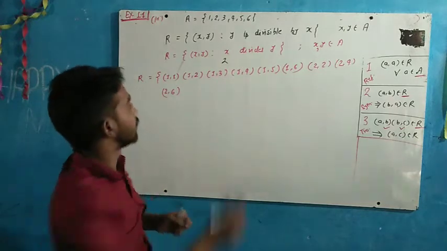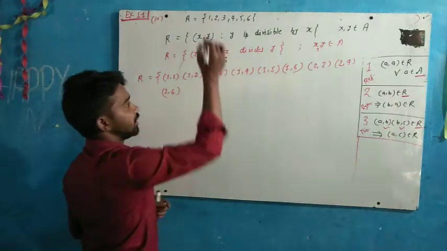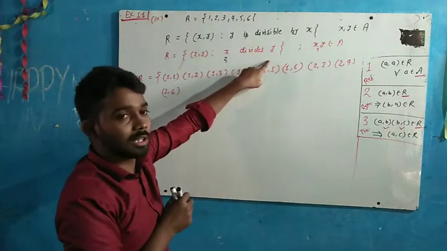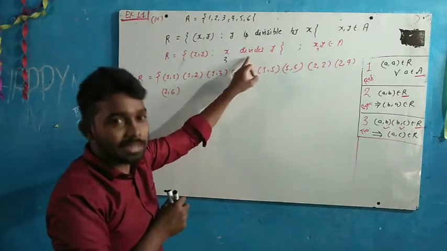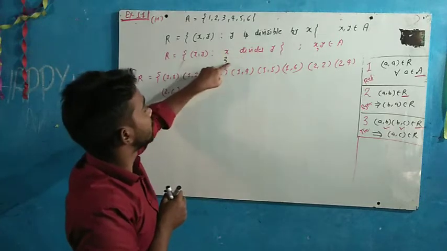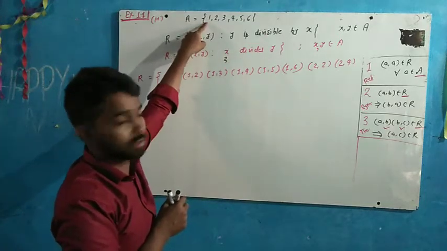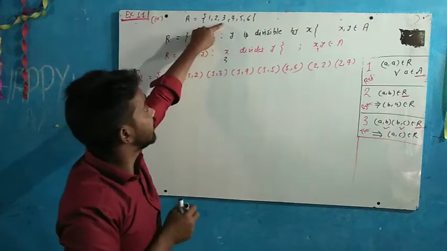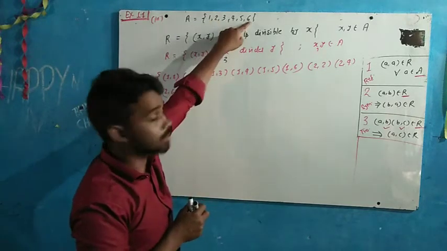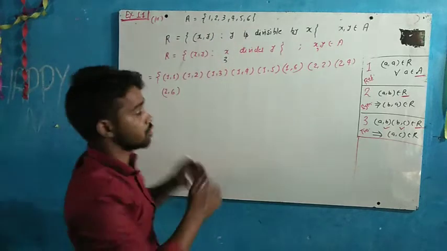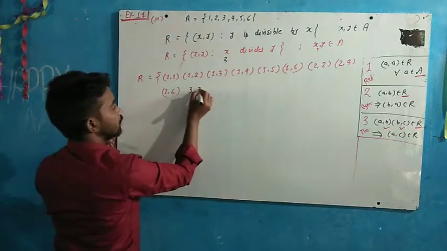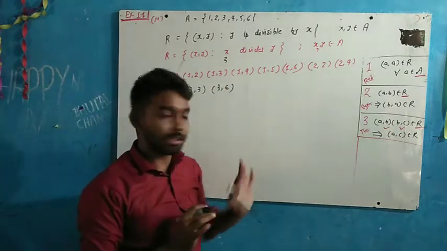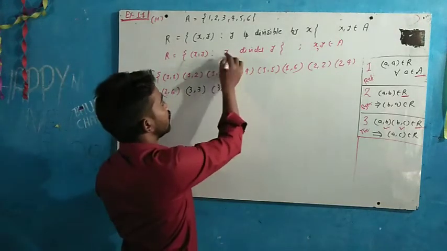So like that. Next is the X value 3. Fix the 3. Now change the value of Y. Y can take only those values which are divisible by 3. Now see. Y value 1. 3 divides 1? No. 3 divides 2? No. 3 divides 3? Yes. And 3 divides 6. Clear? So 3 comma 3 and 3 comma 6 are possible. Correct?